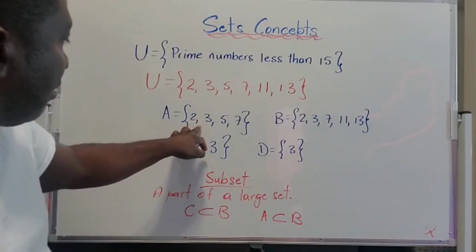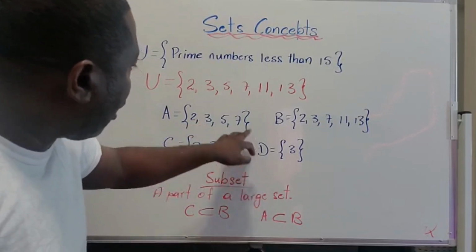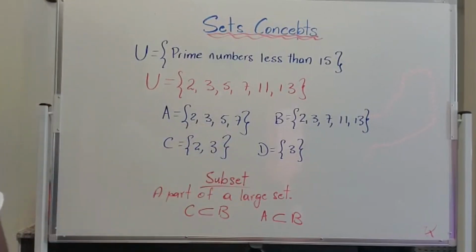So in other words, the elements that I see here in A that are also in B are also 2 and 3. Now I'm going to be looking at